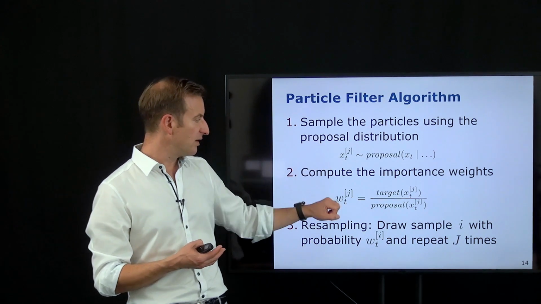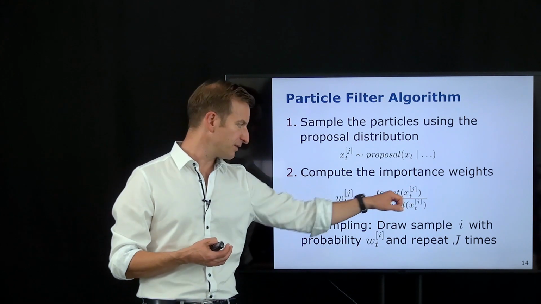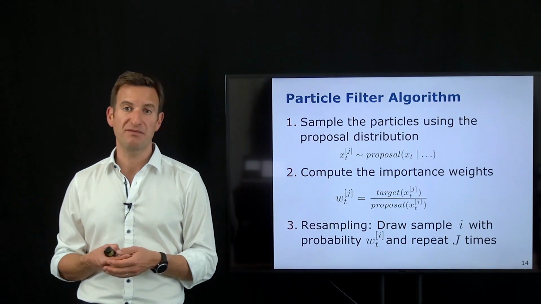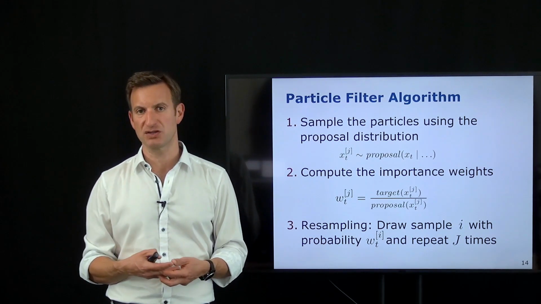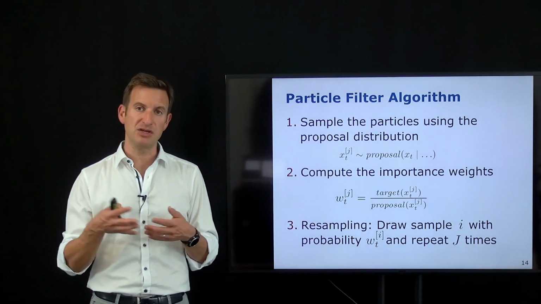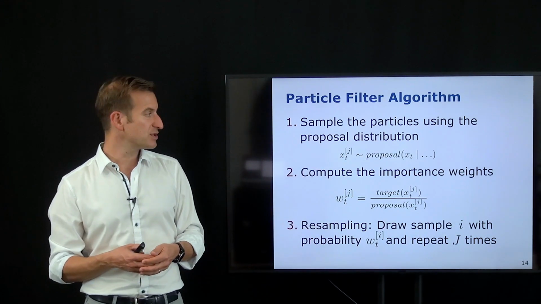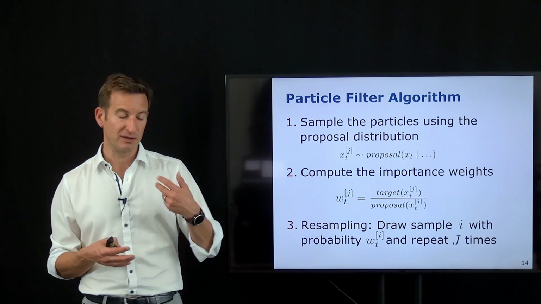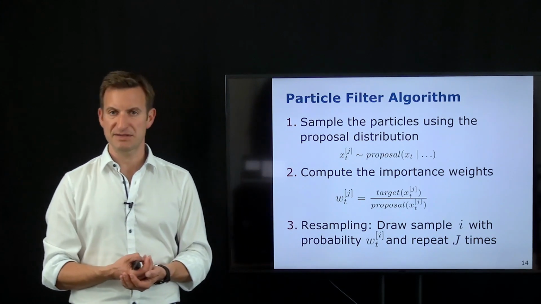And in this case, the weight, which is computed as the target divided by the proposal, if I write down the target, write down the proposal, and do some math, it will end up that this will be our observation model that gives me the weight. And this is the correction step, taking into account the observation in order to compensate for the differences. So the analogy between the particle filter and the Bayes filter comes from using the prediction step, or the motion model, and the observation model for the sampling step, for the proposal, and then for the weight computation. But it's all based on the importance sampling principle and automatically comes out of this if we put in the right proposal.